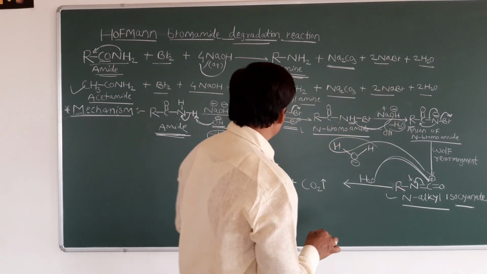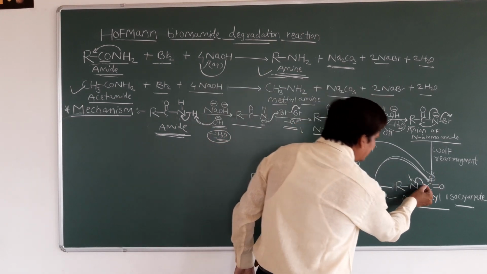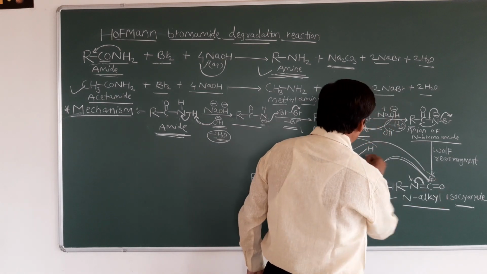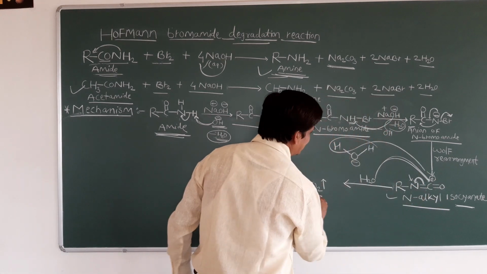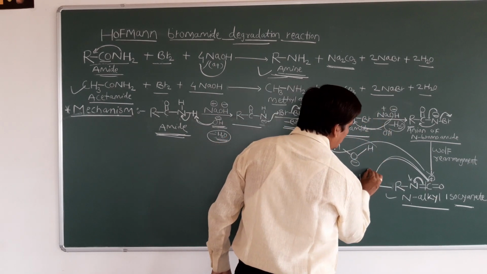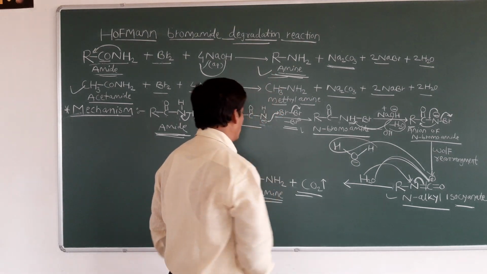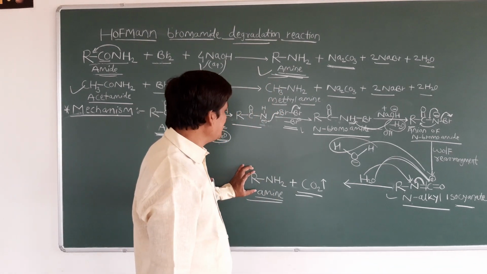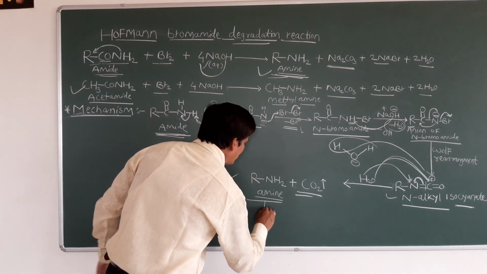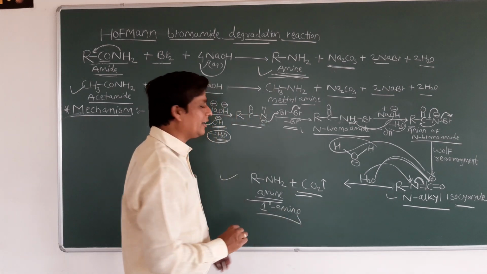Then what do we get, students? See here, this oxygen is attached to this carbon and this bond will shift. This bond obviously breaks, and this carbon with this one more oxygen is released as CO2 gas. This bond is breaking from here. Then the remaining two hydrogens from this water molecule are directly attached to this N and simply here we get amine. Now clear? So this is the mechanism behind this Hofmann bromamide degradation. This is how we get the 1 degree amine here.